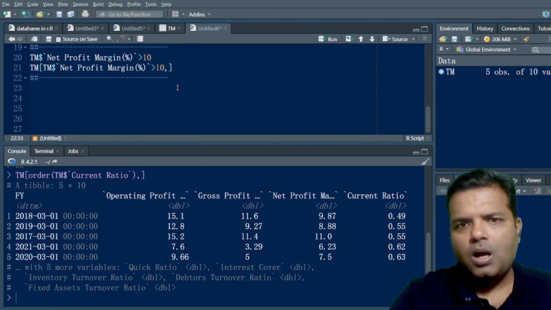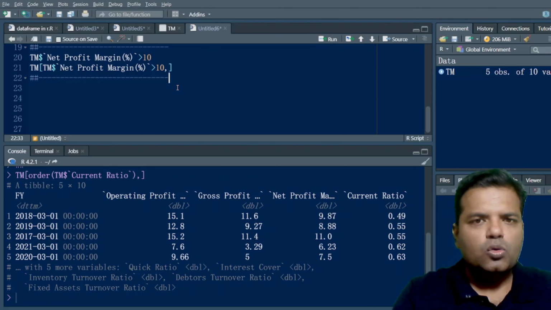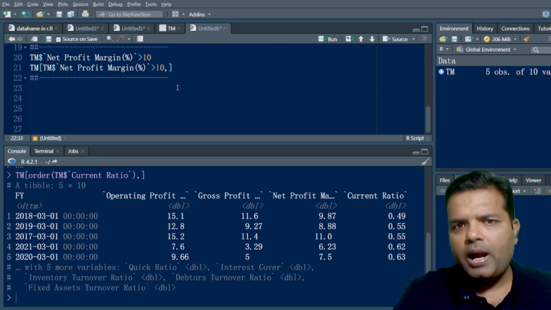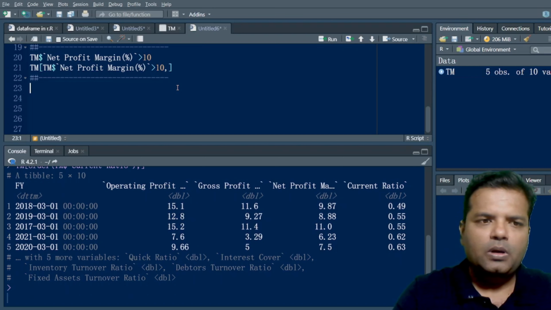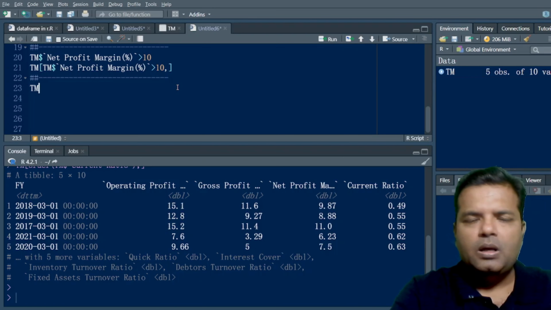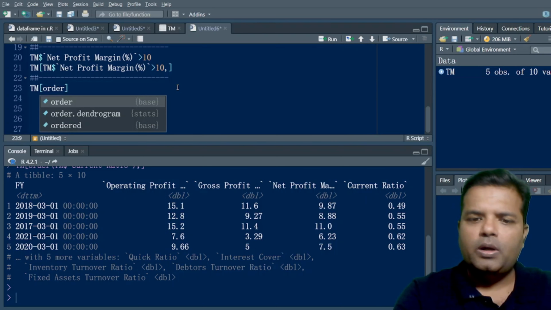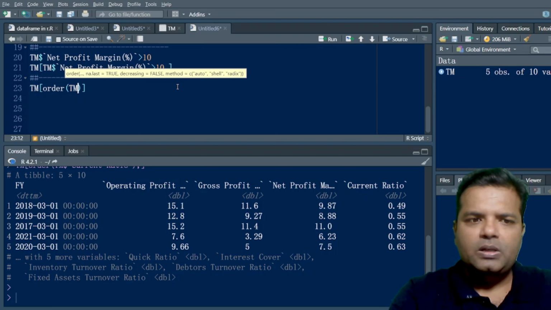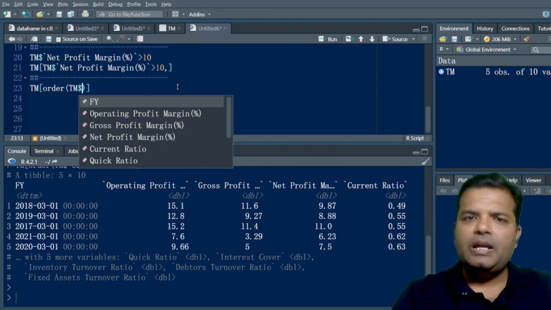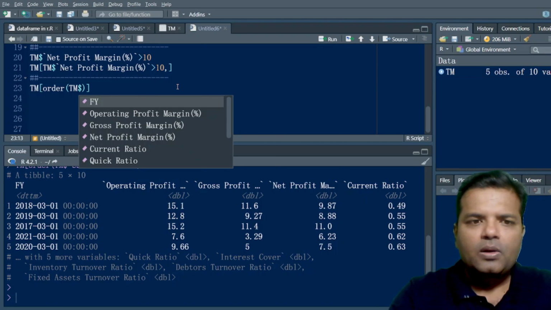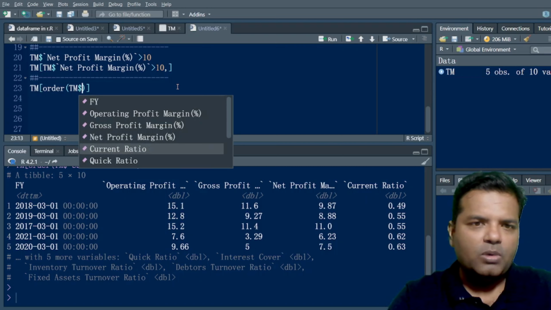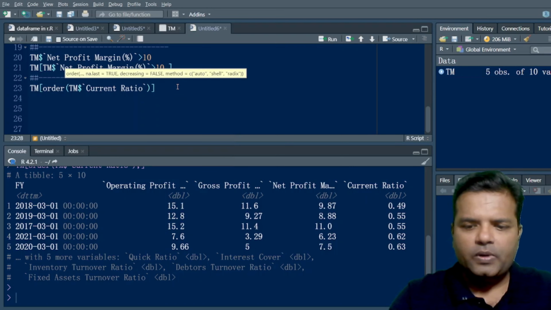Now let us understand how to sort the data into increasing and decreasing order. To arrange our data into increasing and decreasing order, or to sort the data, we use a function called order. First write down our variable TM, then use this function order, and then select the financial variable by which you want to sort your entire data. I want to arrange my data as per the current ratio. So current ratio,